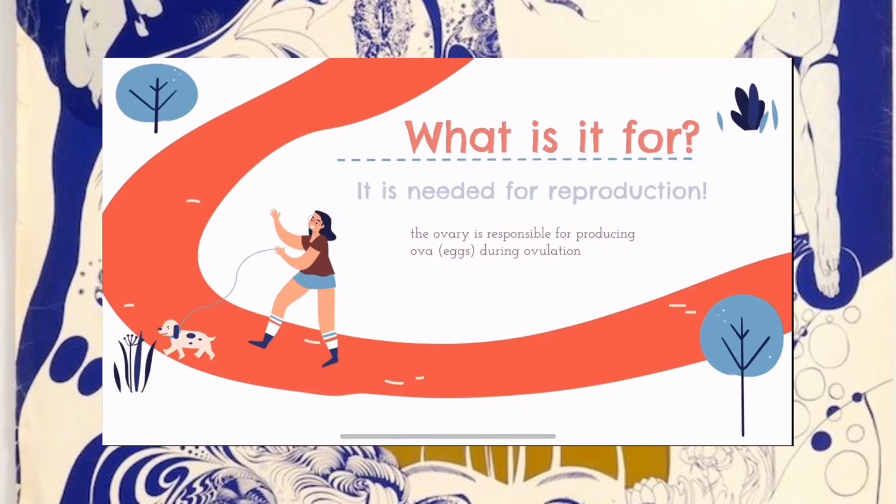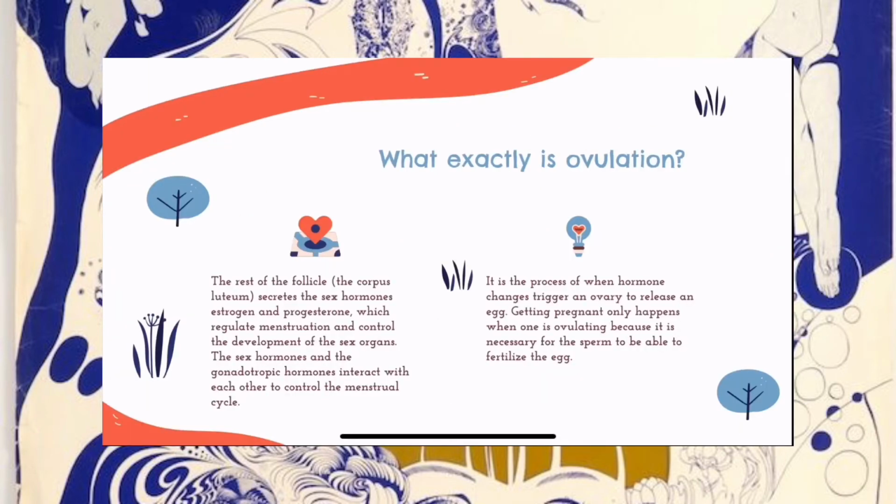What is it used for? The ovary is needed for reproduction. It is responsible for producing ova, or eggs, during ovulation. What exactly is ovulation? It is the process of when hormone changes trigger an ovary to release an egg. Getting pregnant can only happen when one is ovulating because it is necessary for the sperm to be able to